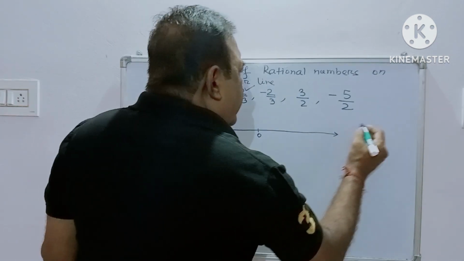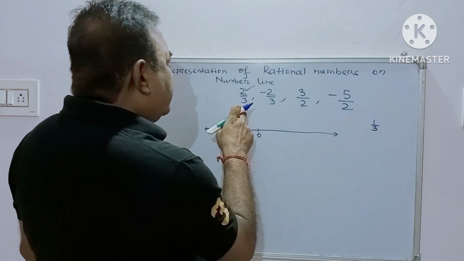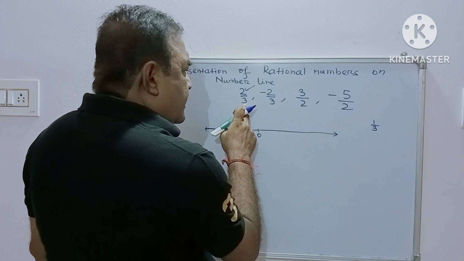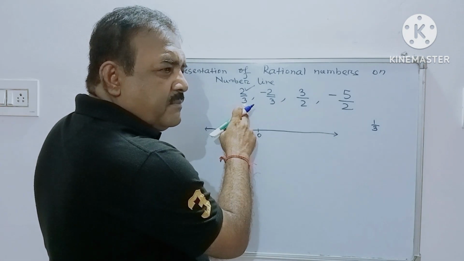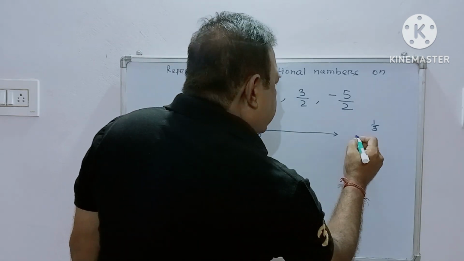So for the number 1 upon 3, because you have to take 3 equal divisions, each equal division will be 1 upon 3,